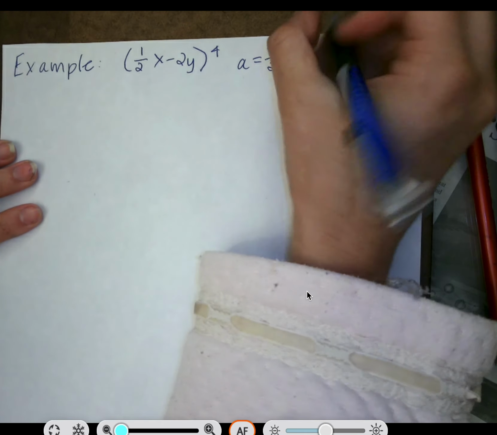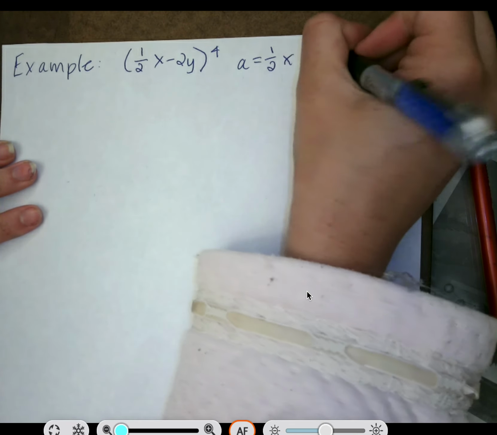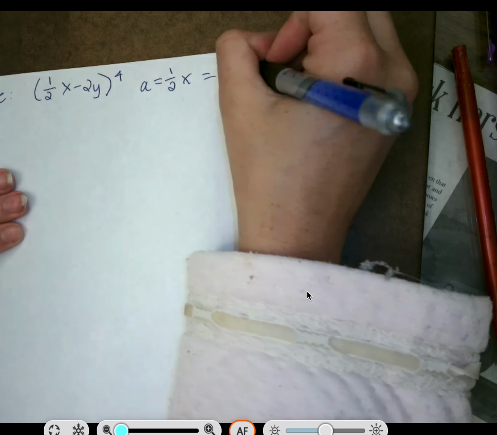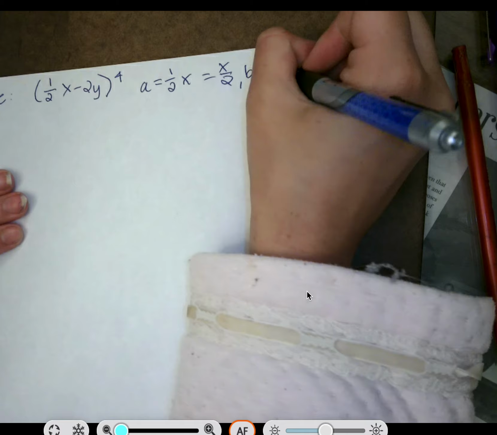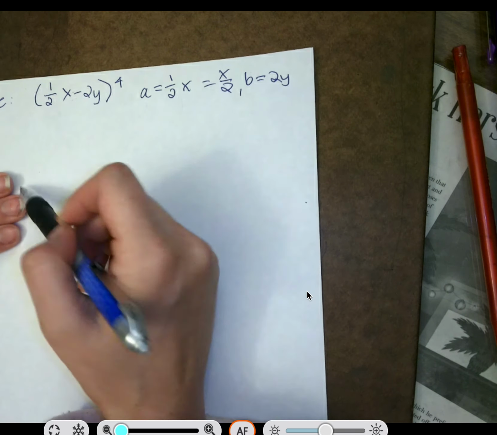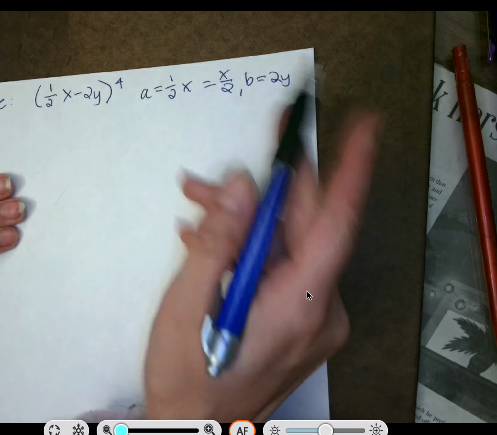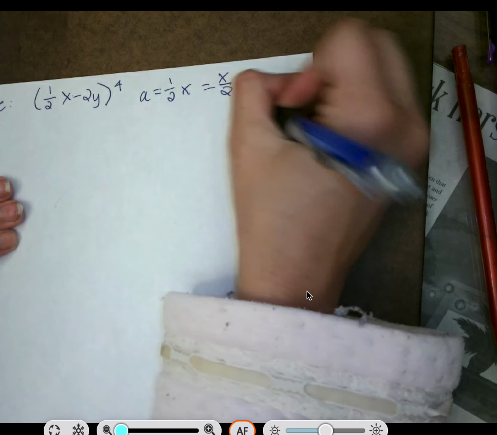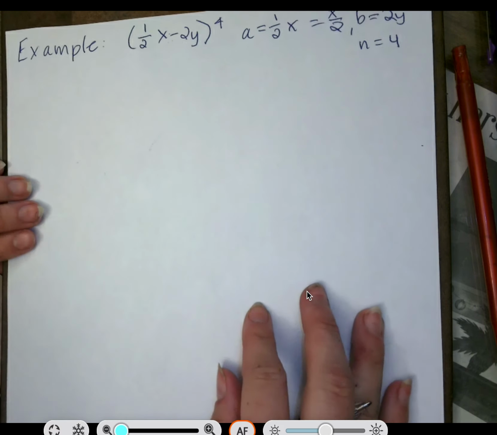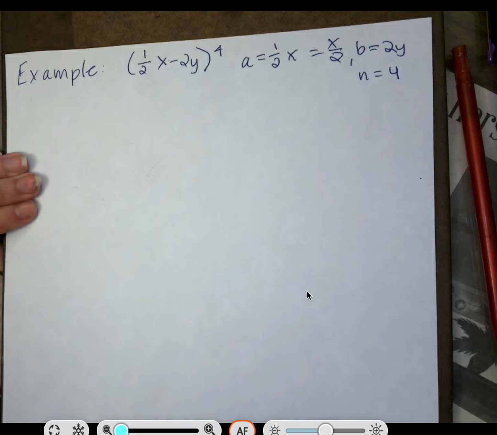All right, so what is our a? A equals 1/2 x, or also known as x over 2. B equals 2y, or negative 2y, but as long as you remember the plus minus equals 2y. N equals 4. All right, so we start the beginning